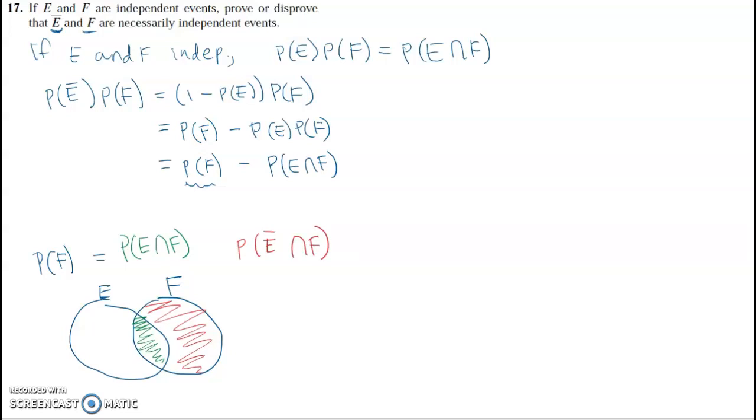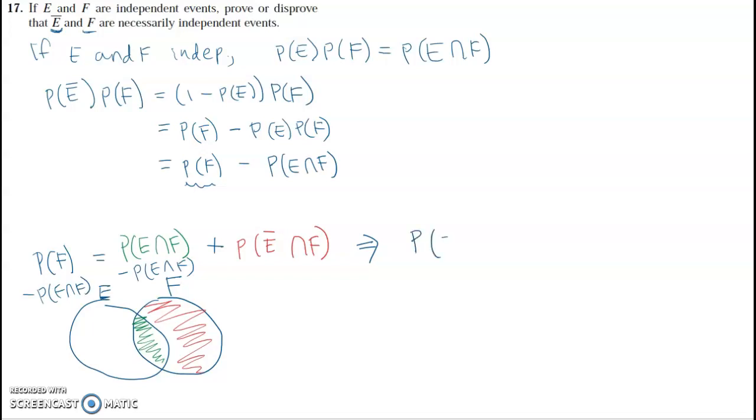Okay, so it's the intersection of those two parts, and we're going to have to add that to complete the whole part of the F. Okay. So from here, if I subtract P of E and F intersection from both sides,